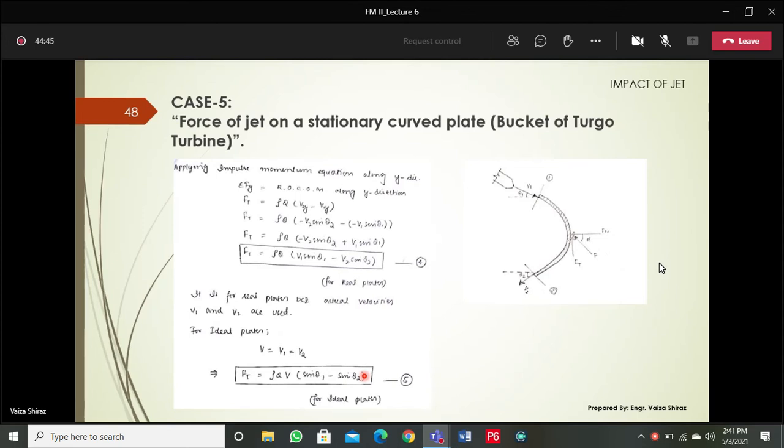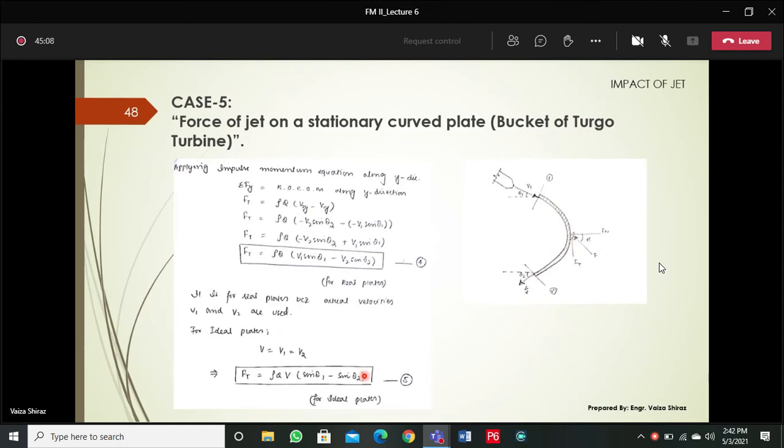Fn को मैक्सिमम करने के लिए आपको क्या करना पड़ेगा? Put θ1 and θ2 both 0, इससे Fn मैक्सिमम हो जाएगा। और Ft मिनिमम करने के लिए क्या करना पड़ेगा? Put θ1 and θ2 both equal. इसमें 0 की कंडीशन नहीं है, कंडीशन क्या है? That these two should be equal. So if you put θ1 and θ2 both are 0, they will satisfy the